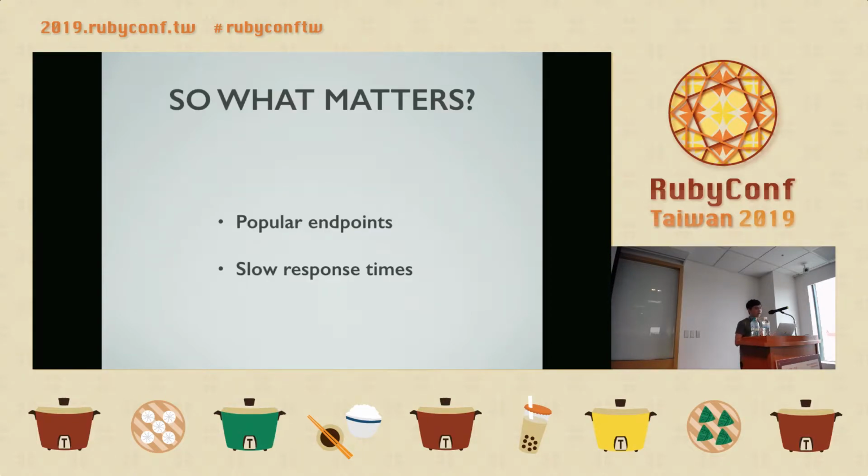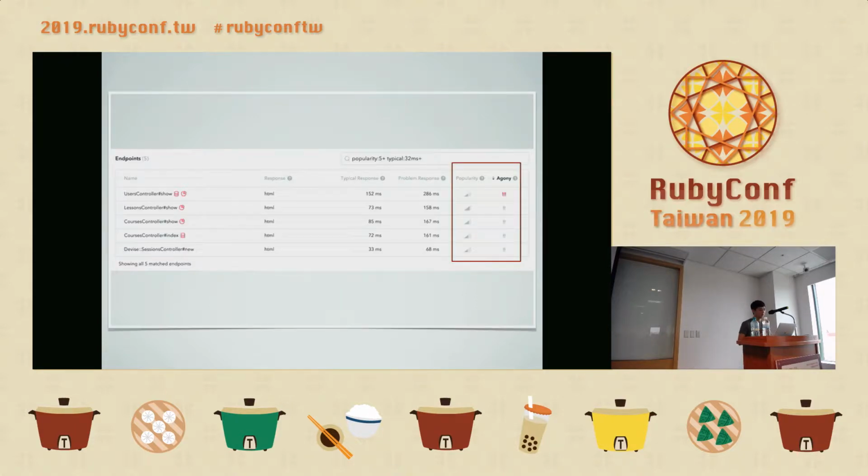So what really matters? We could always look for popular endpoints and slowest response times to prioritize the APIs that might affect your business value. For example, Skylight automatically measures the combination of these factors to determine which endpoints are having the most adverse effect on your users, with agony points. Of course, we can do this in other measuring tools too. So always make sure what you are looking to optimize and focus on your business first.